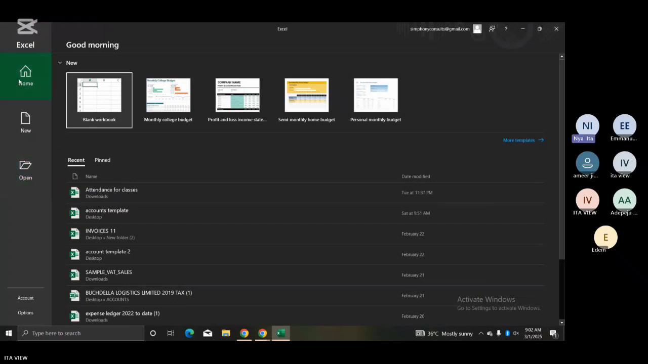This home now is the home key. The new is for you to create a new workbook. Open, maybe you want to open an existing Excel workbook. So